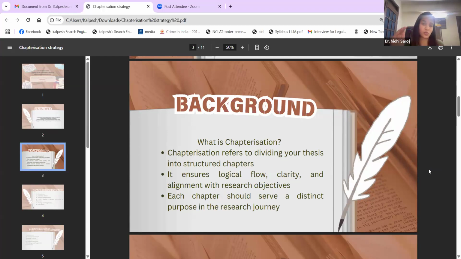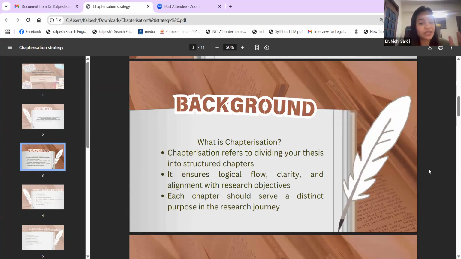And then, on the basis of the research question, let's say my research question in this particular topic is, what are the physical, social, and health related issues faced by these children? Now, this is my research question. I'm not using the exact language. Now, what do you think should be my chapter? The chapter can either be on identifying the issues and challenges faced by these children, or it may be what are the existing laws to deal with these challenges. So your chapter should be in connection with your research question and research objective.